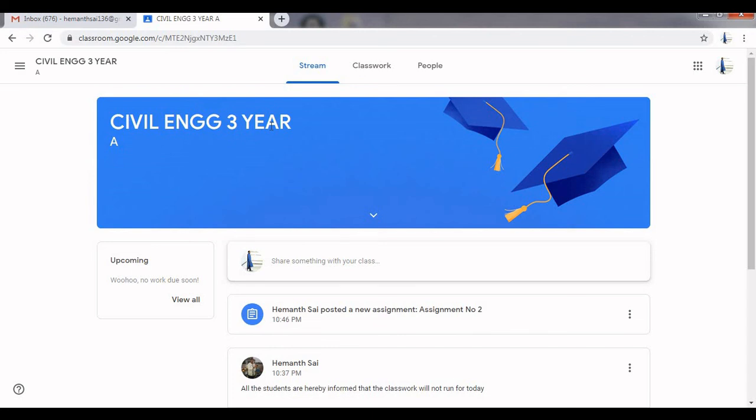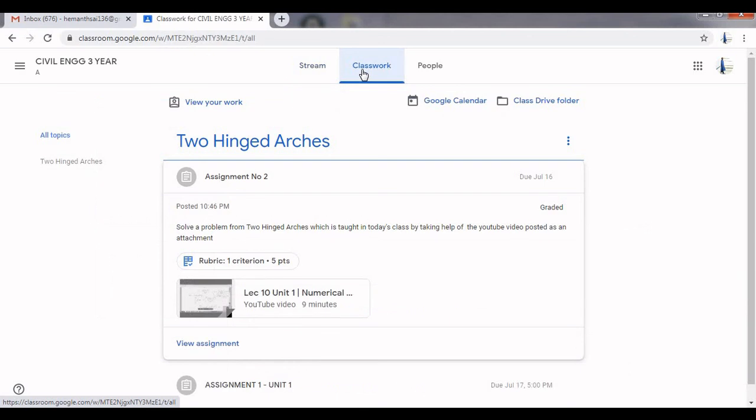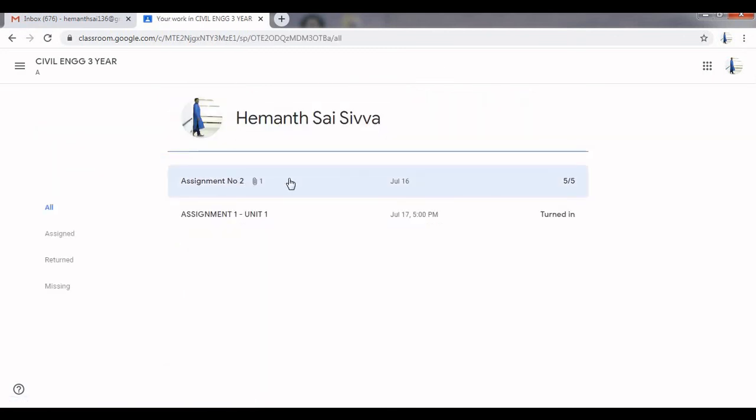So this is the student's classroom again. You have to go to classwork, and as you have done a work, please view your work here. And in assignment 2 you have been awarded a 5 out of 5 grade.